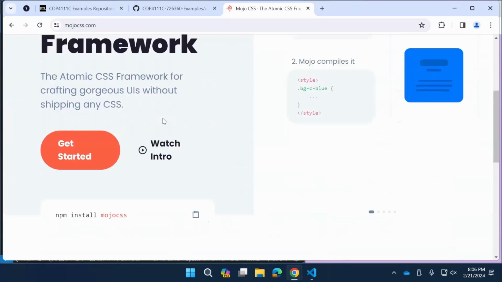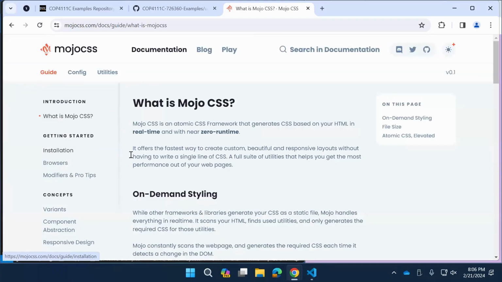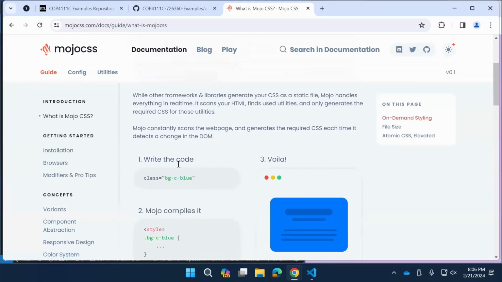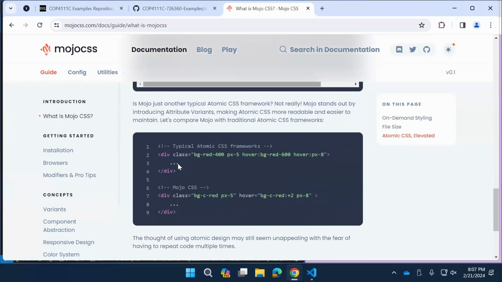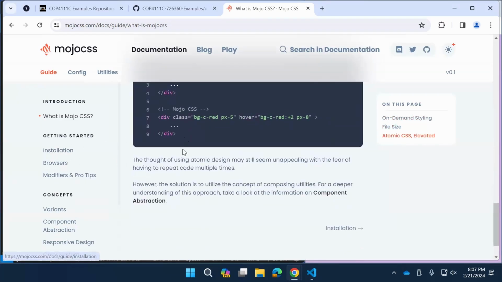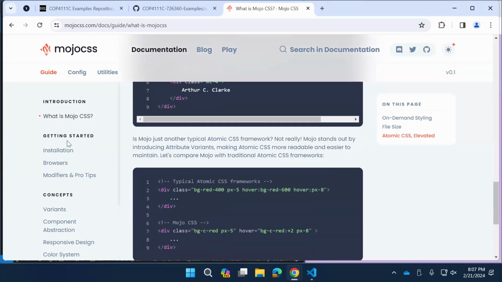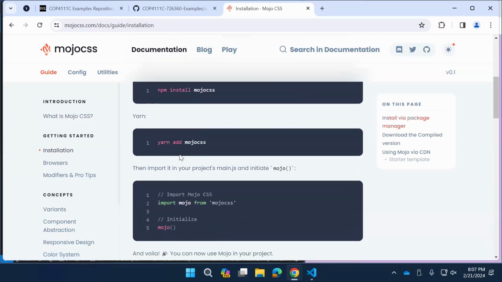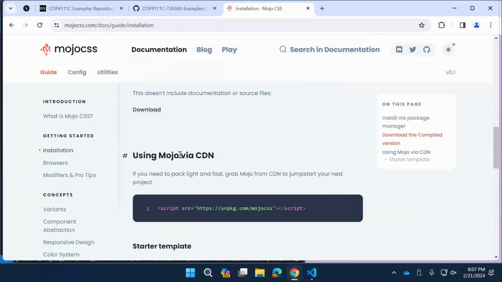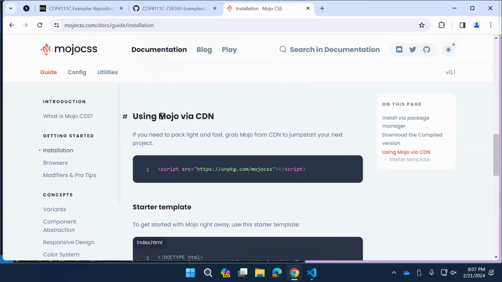So what we can do is click on Getting Started, and you can see it's got a whole bunch of documentation, but the one that we're interested in is installation, because we can see if we want to use Mojo via a CDN, it gives us the tag to add to our